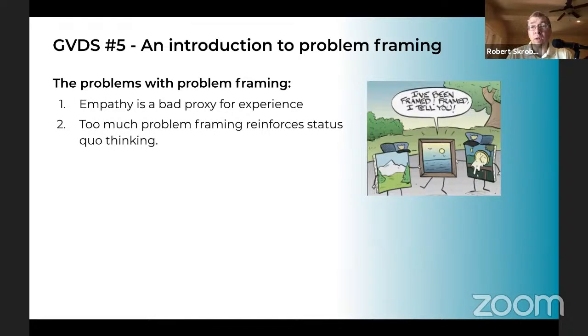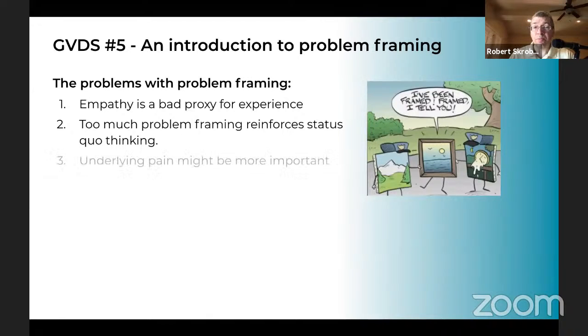Plus, you don't want to overdo it. If you do too much problem framing, you try to get so much data into the mix, what you're really doing is reinforcing the current status quo. If you're trying to be innovative, look at things outside the box, it's really hard to do that when you know too much. So you want to do just enough to understand the problem space that you're after, but you definitely don't want to go all the way and know everything about it to the point where you're basically designing in a box or a hypothetical box